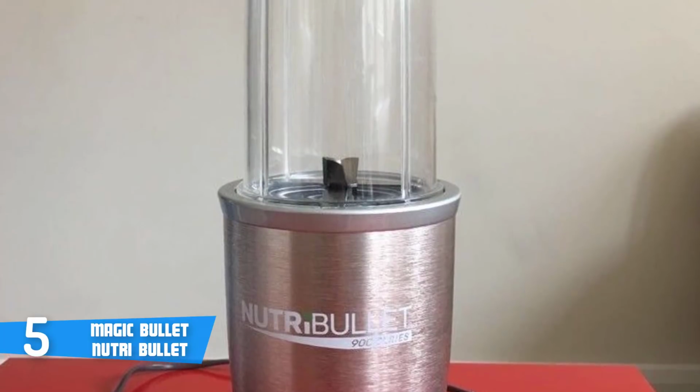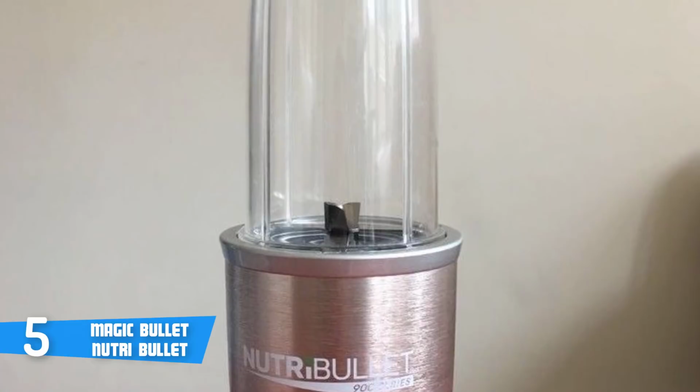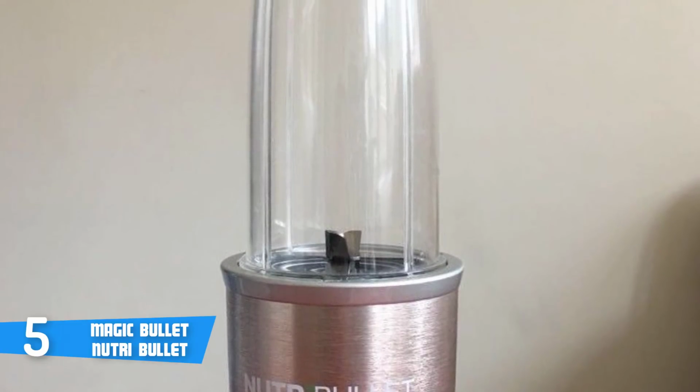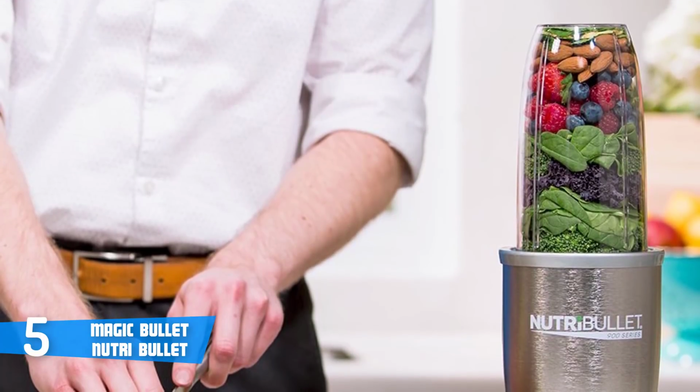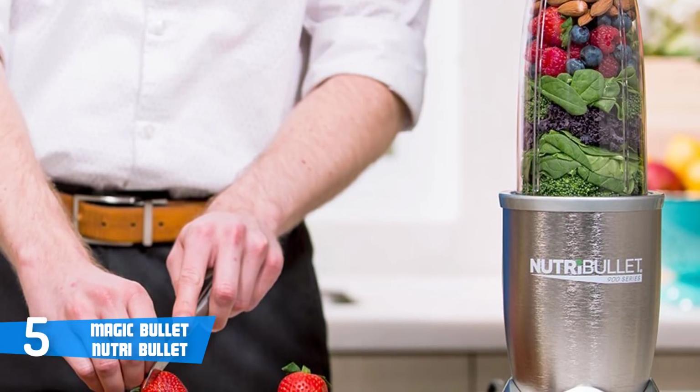To make a smoothie, you just have to add the desired ingredients into the cup, fruits, greens or whatever you want, and you'll have your favorite smoothie as fast as possible. Moreover, this powerful machine pulverizes fruits, even frozen ones, and veggies, finely grinds seeds, and is an absolute beast on